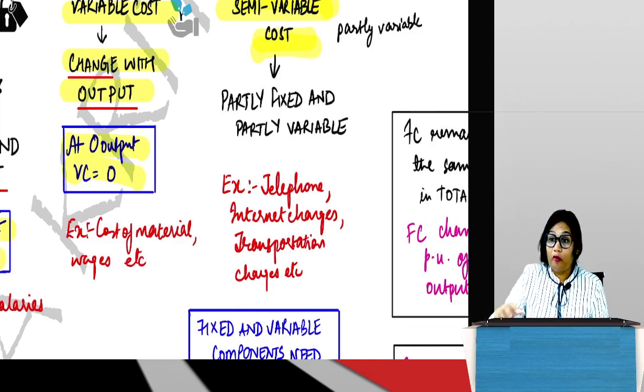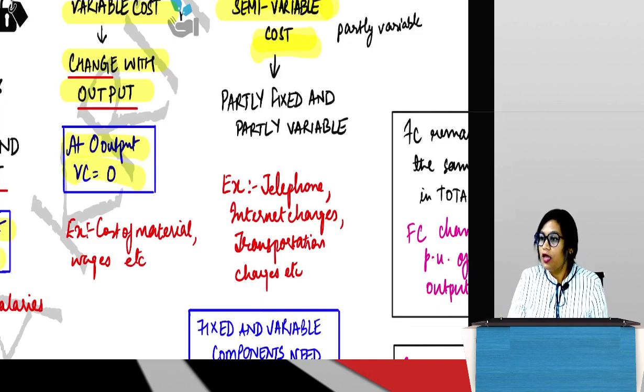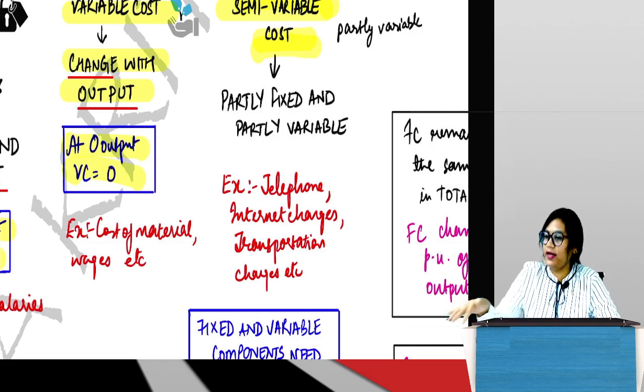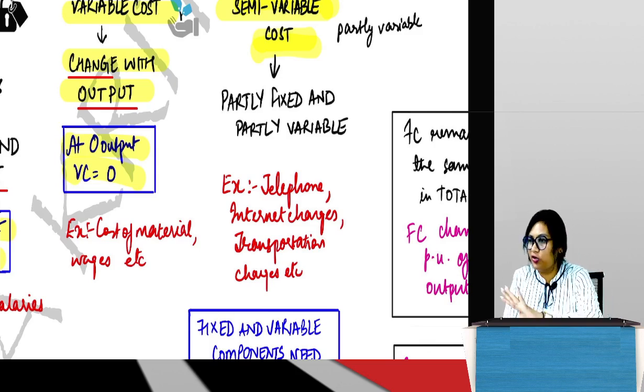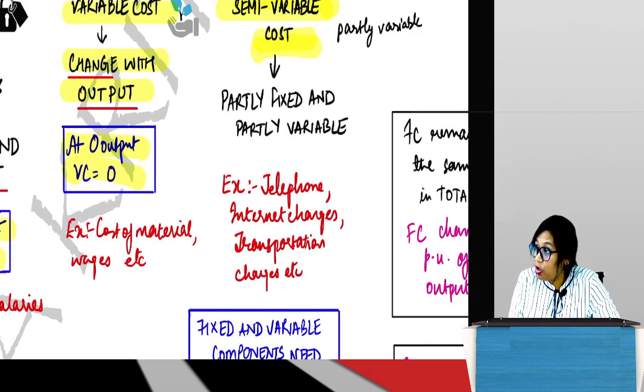So now what can happen is, in the problems, you will have all these three types of costs. They will give you variable cost also, they will give you fixed cost also, and they will give you semi-variable cost also. And they will tell you that this is semi-variable cost. Okay, so what do you do with semi-variable cost? See, fixed cost, you know what to do. Whatever be the output, you will keep it the same, right? Variable cost also, you know what to do. As output is changing, you will keep changing variable cost. Semi-variable cost, what will you do?